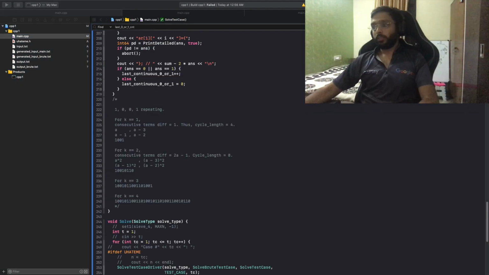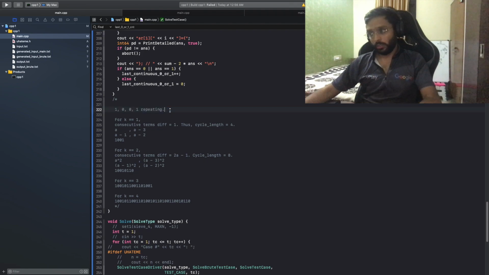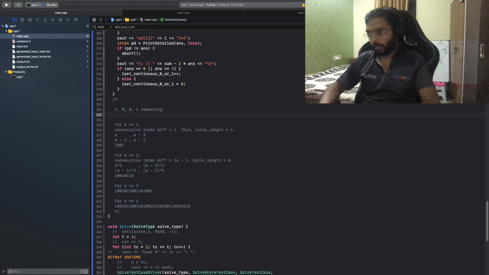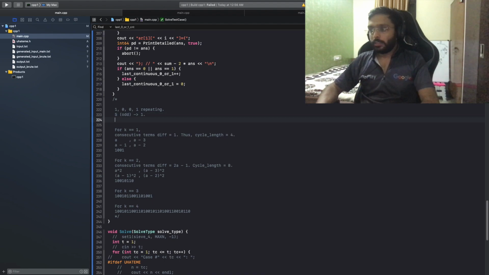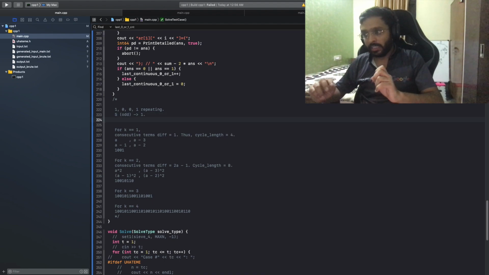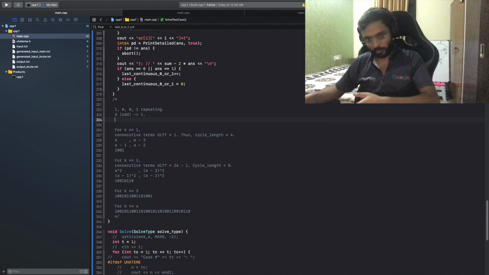So I spent some time on this, and I do have a few answers to this. So first of all, the repeating thing, the 1001. So basically, what is happening is that let's say the sum is s, and let us say this is odd. So what would happen is the best case answer which I can get is 1, like the minimum difference which I can achieve. Now, let us say if I add an odd number, or maybe some power of it, it can be a square or cube or anything, ultimately it will still remain odd.